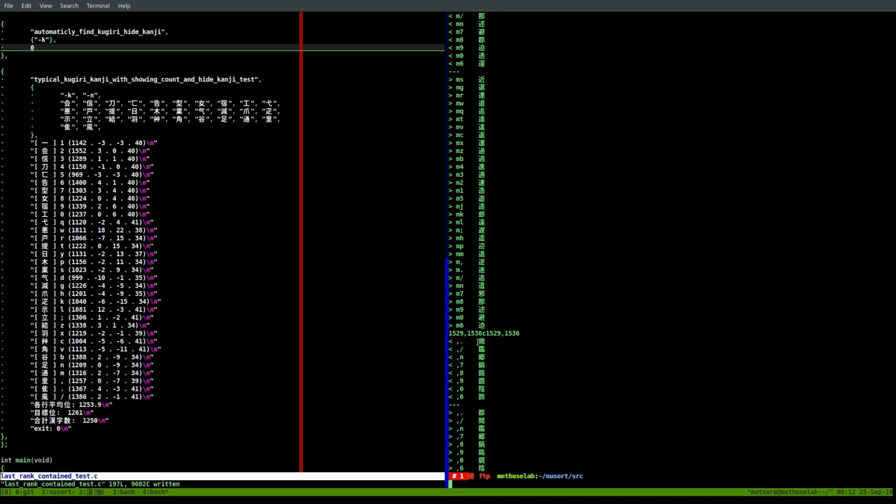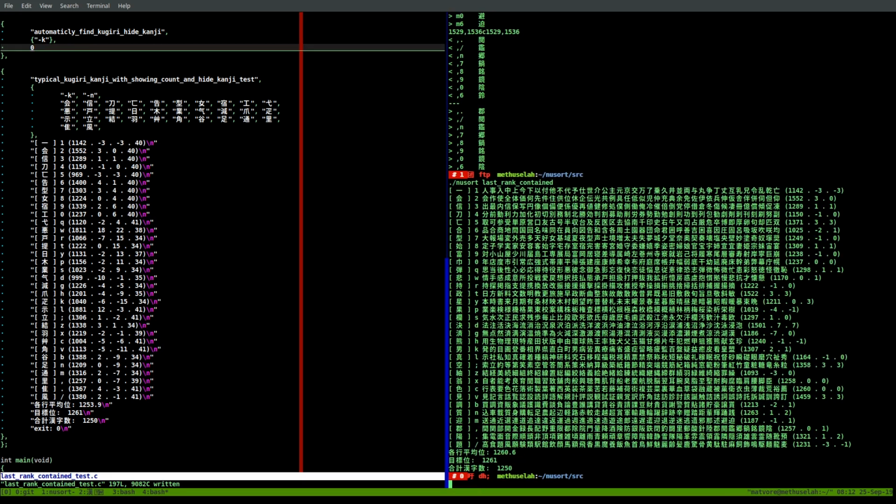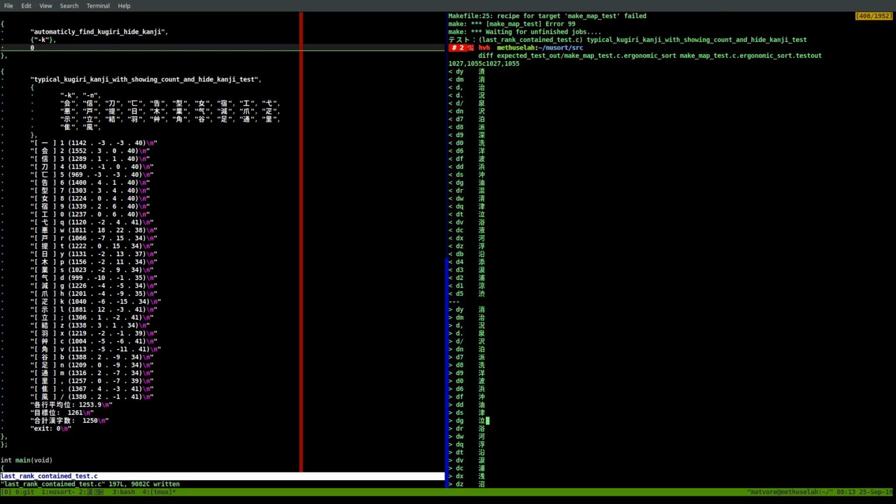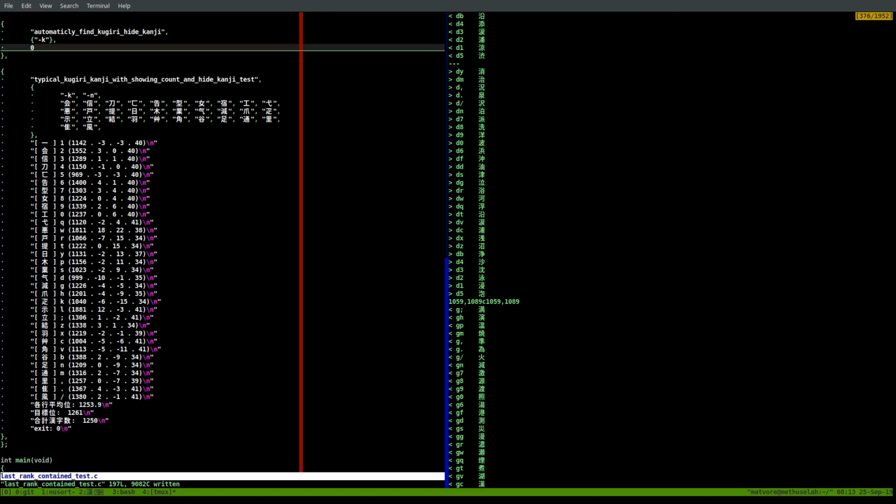So for the range of characters which have the same first key as the input code, I call them lines. Just like when you run last rank contained, every single line has all kanji that share the same first key in the code, and I call this a line. So anyway, the line coverage changed for some of the lines. Hopefully not all of them. Yeah, not all of them. D and G